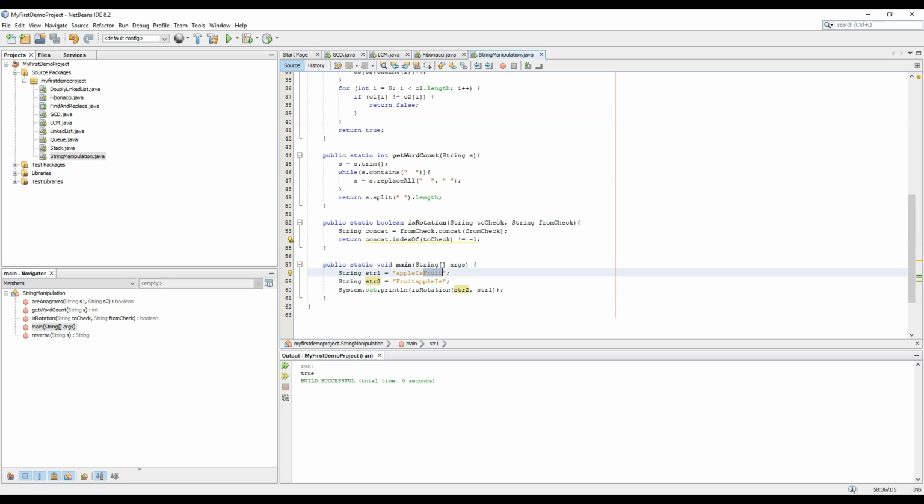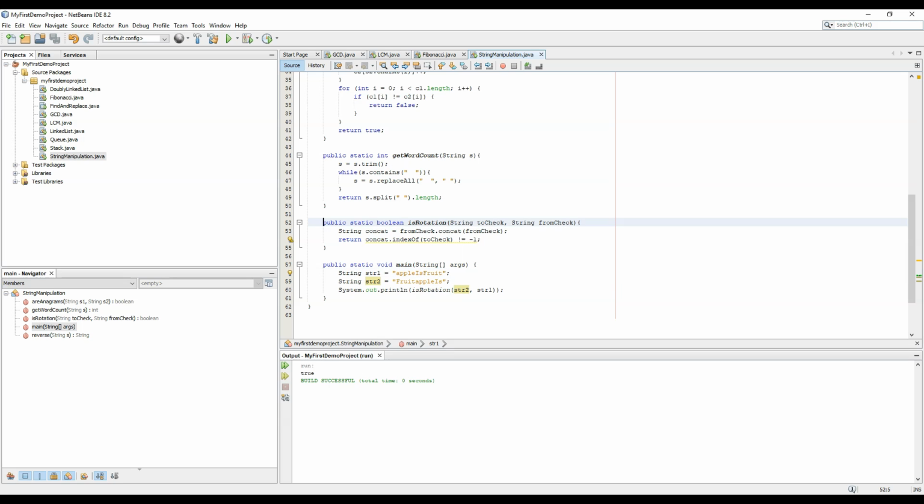We have not made it case insensitive. So the uppercase or lowercase letters will differentiate a small fruit from a capital fruit. In fact it is case sensitive in terms of defining whether it's different or not. So that's it, this is the simplest code of how to check whether a string is a rotation of another string or not.